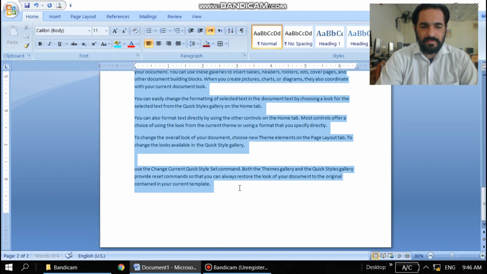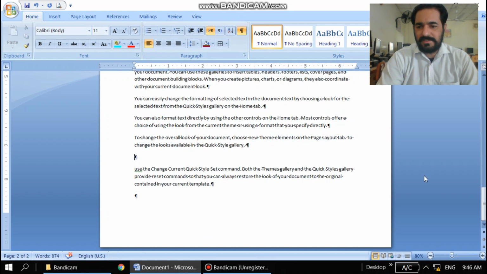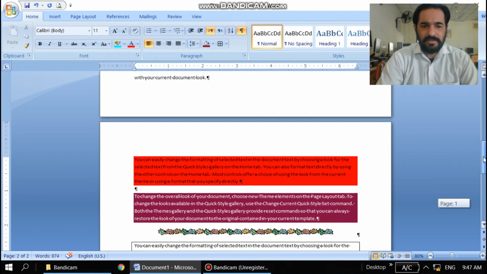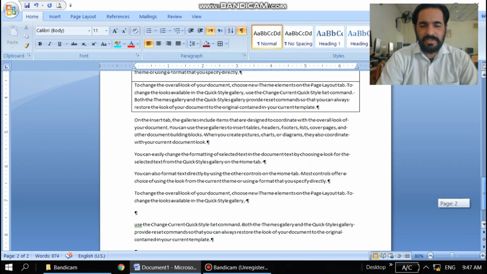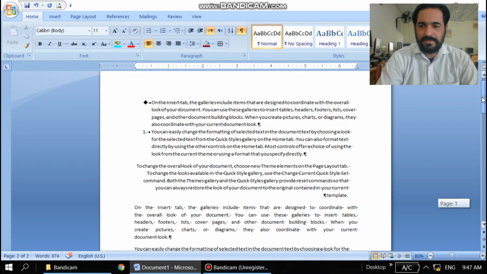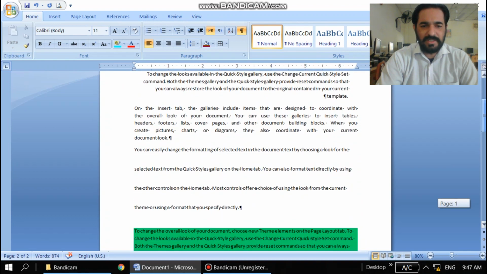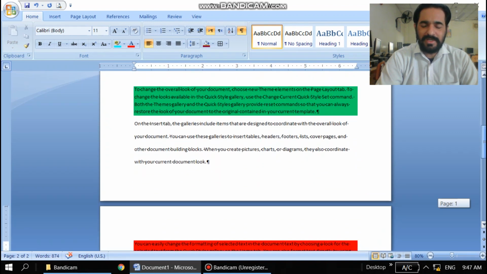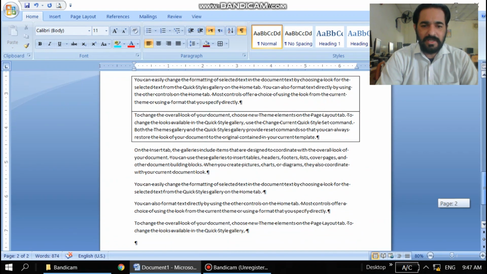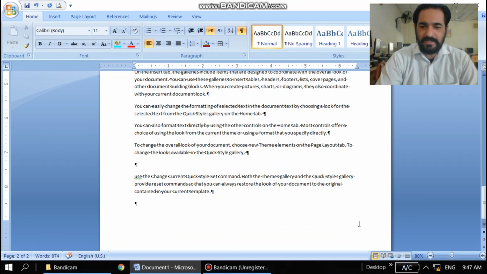Now let's see what happens when we click on that particular operation. Where the space is available, I can see on my whole document where the space is available between lines, after lines, where my text finished, where my paragraph finished, where my line finished, and where I can add or remove my space.